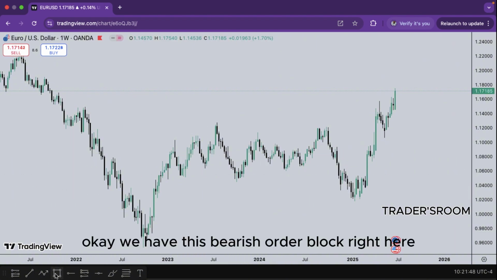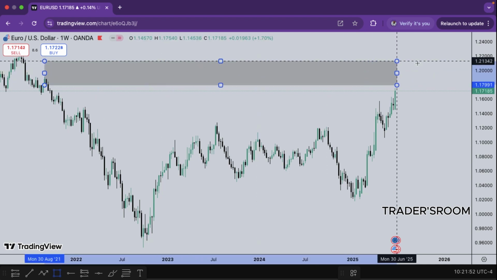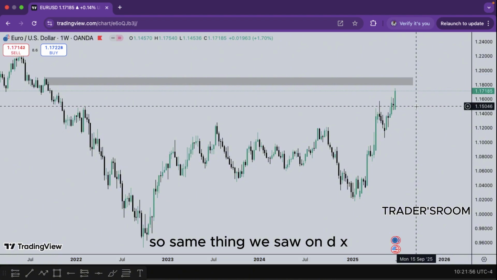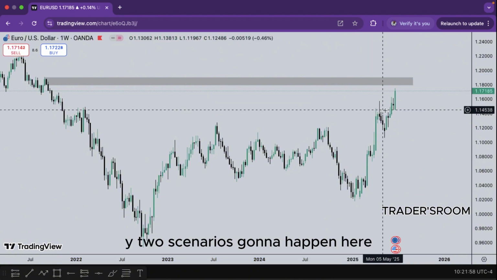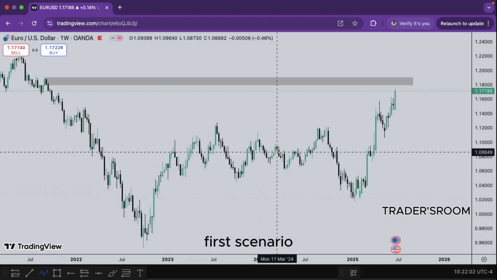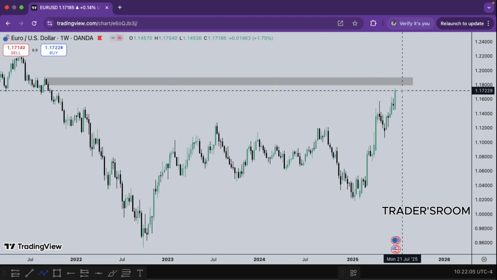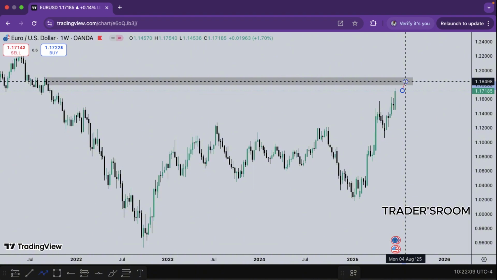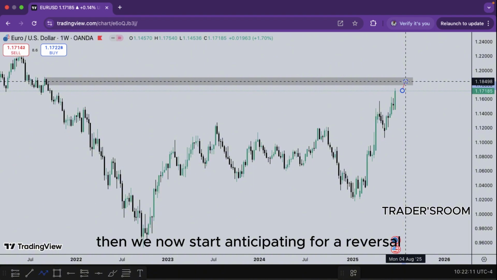We have this bearish order block right here. So same thing we saw on the DXY. Two scenarios are going to happen here. First scenario would be we see a push up into this zone, then we start anticipating a reversal